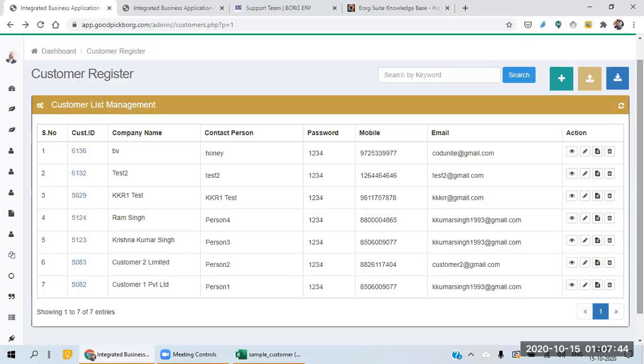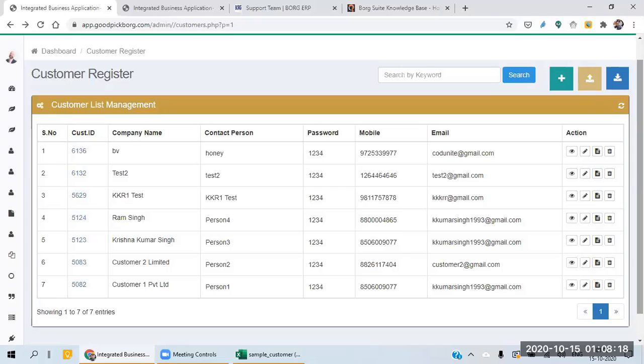When a lead is converted to a customer, then we have to make the lead status converted. Once the lead status is set to converted, it means that prospect or lead has become our customer: he or she is interested in buying our services, or has bought, or is willing to buy. Generally most organizations follow this practice.